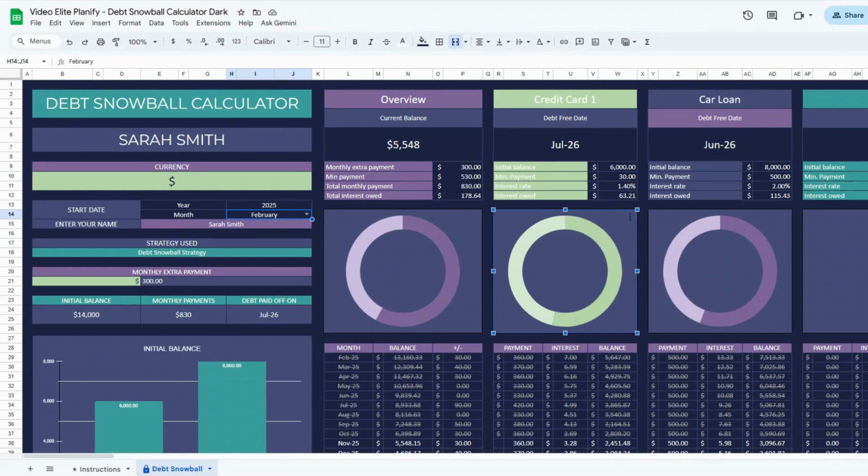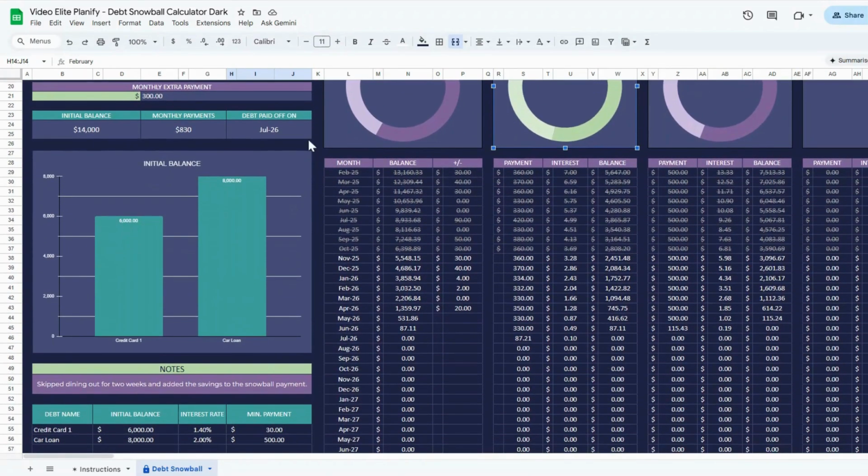Now comes the main part of the tracker, the repayment schedule. This section shows you exactly how much to pay each month and which debt to focus on. The very first table under the overview card gives you a month-by-month snapshot of your total debt balance. Here, the first column is the month, which starts